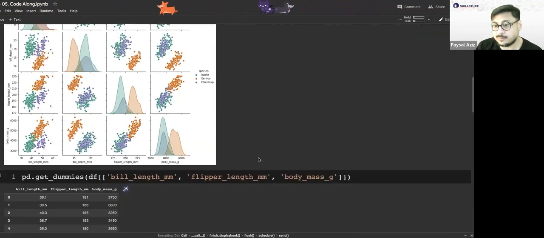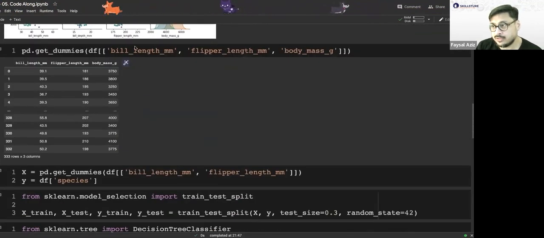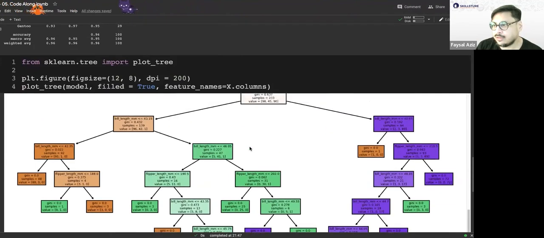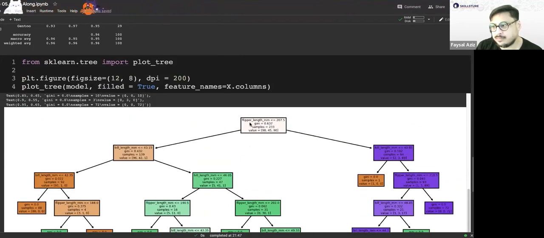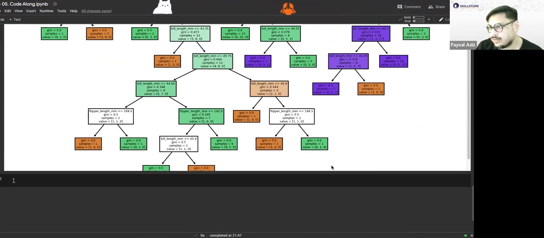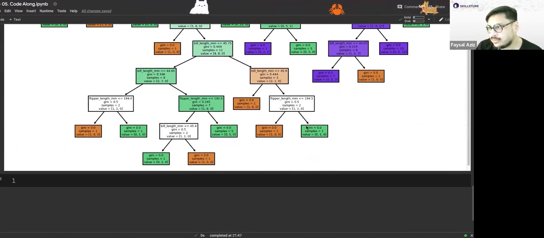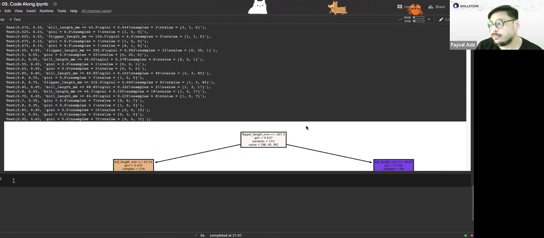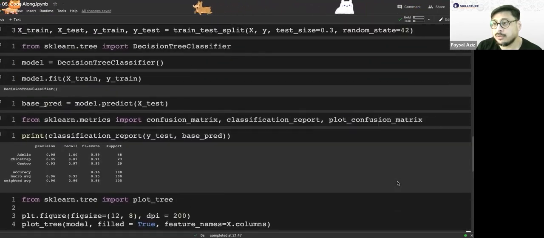So remember, I got 96% accuracy previously with just these two. Now, do I get a better one? Nope, 96%. If I look at the graph, it still determined that flipper length is probably the most influential thing over here. In fact, it looks like it didn't even consider the body mass. So it's pretty smart, actually, if you ask me, this machine learning algorithm.